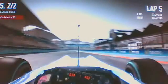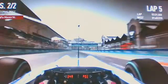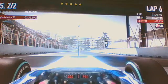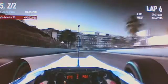Okay, you get around this corner, you brake just before you start turning, down to 5th usually I'll put it into, and then a little bit more throttle, and then it's less than a second of throttle, and then you get all the way down to 1st gear, and then you're back over the line. That is basically it, guys. Geelong, I hope you enjoyed this. I'm taking another two-lapper,